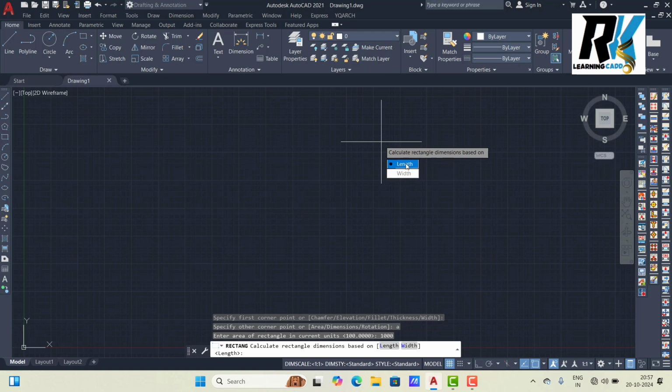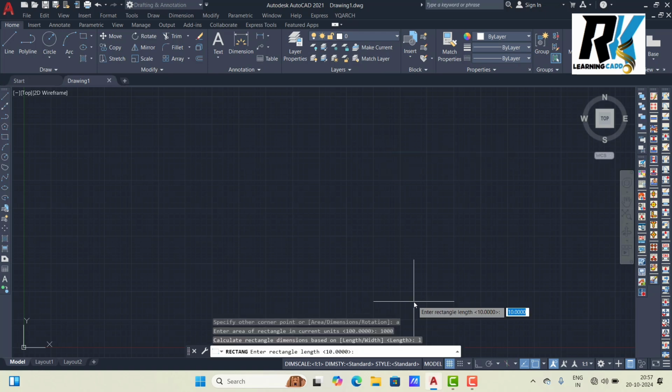Suppose I know length, so I click here length. If I know width, I click width. We can use shortcuts: L enter for length, W enter for width. You can click, otherwise type the shortcut.